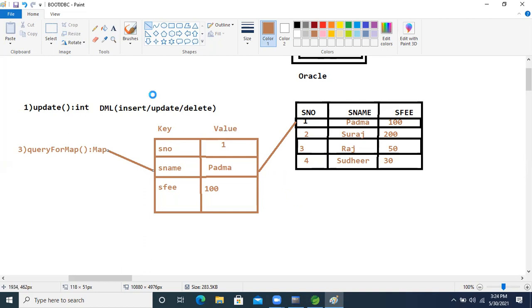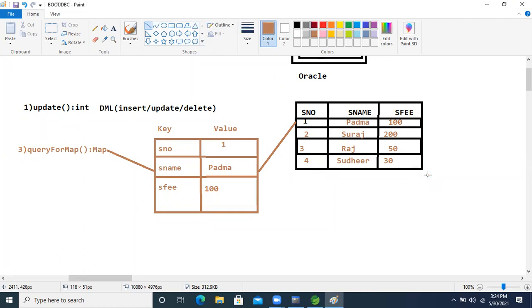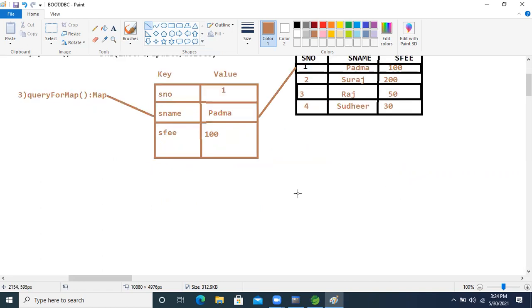Okay. Hey, Ravikant, you are saying that only one record. No, I want to select the total record from the database, right? I want to select the total record from the database. So for that, is any method there? Yeah, of course, a method is there. Okay, so let's see that method. I want to select the total records from the database. So what is that third method?